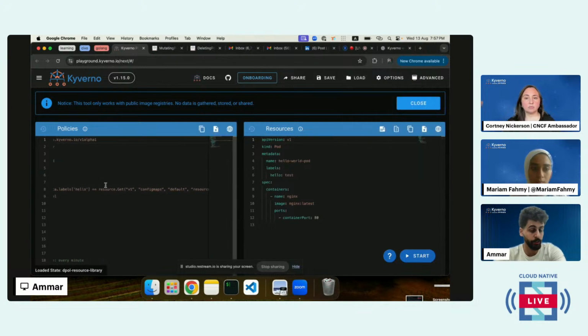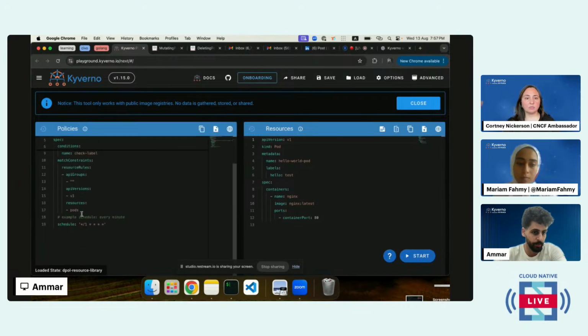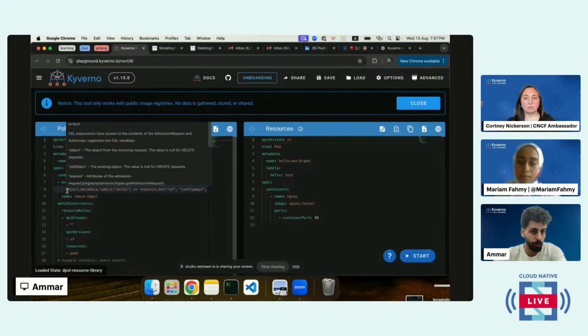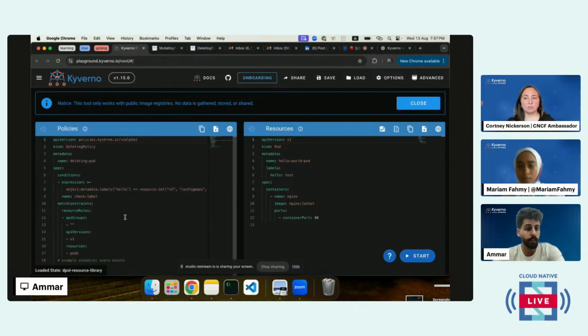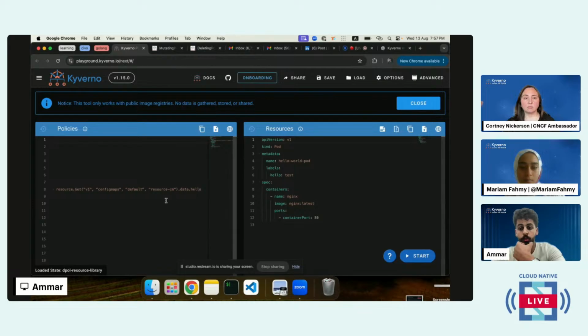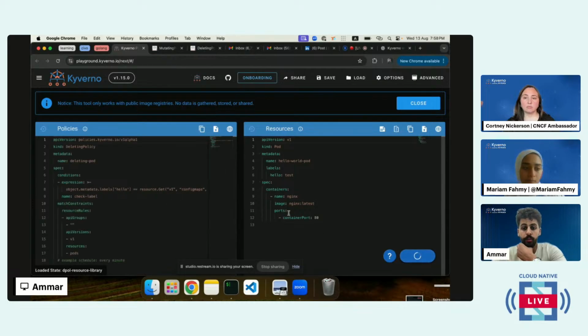Yeah, we have an example here of fetching a cluster resource using the resource library and validating that it will be using data from it in the expression. So here we're going to be deleting the resource if the label hello matches a value in a config map. So if we run this,